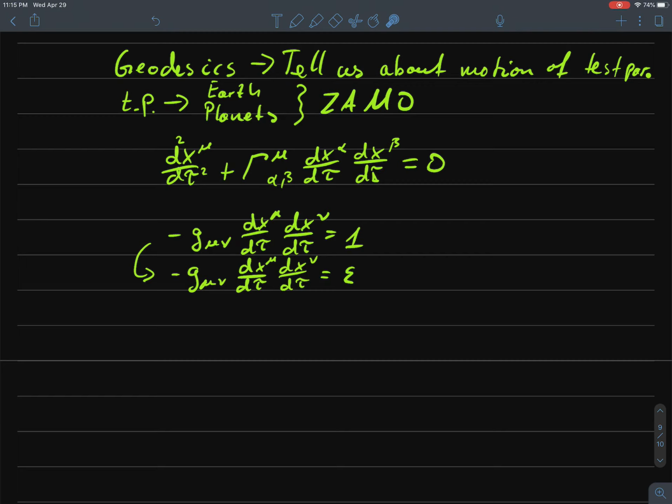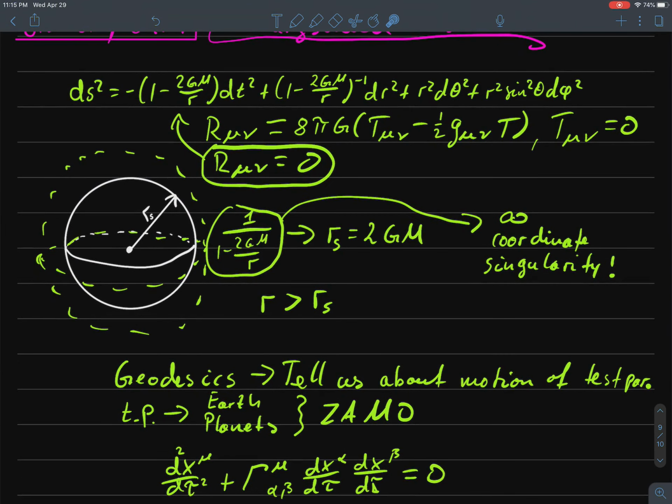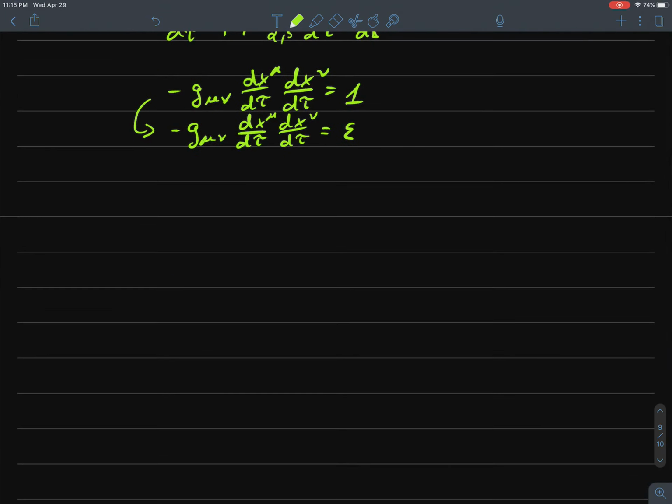So let's expand this out using the Schwarzschild metric here. For the Schwarzschild metric, we have g00, g rr, g theta theta, and then g phi phi here. So that means that we expand this out, and we're going to get